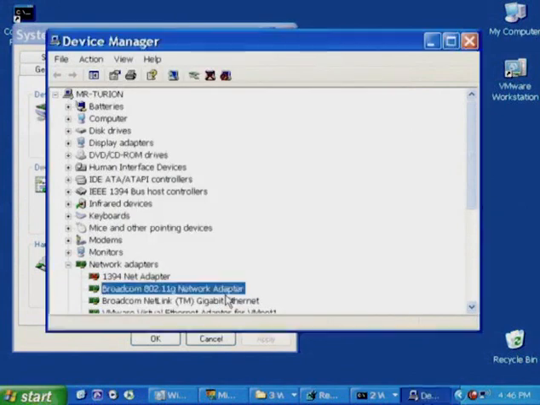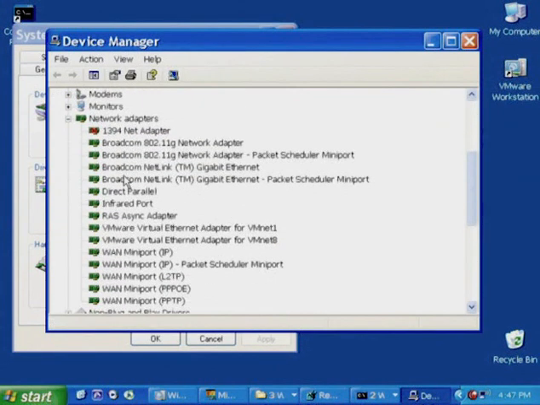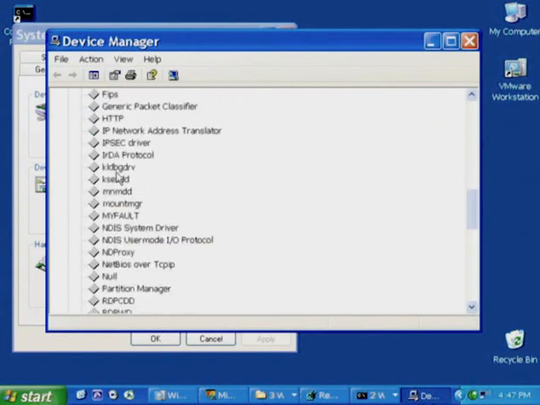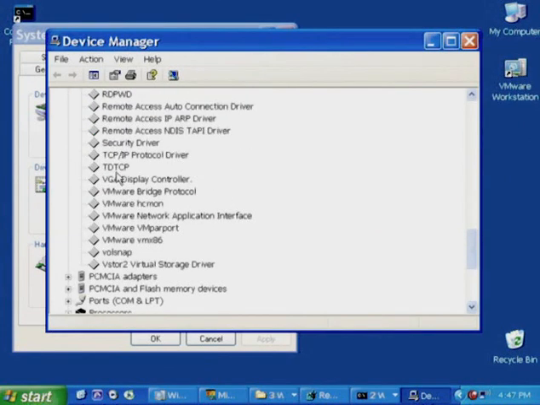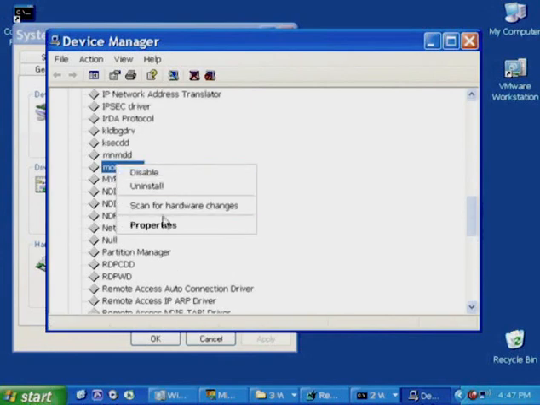and so that's what you want to pick. Now, certain types of device drivers don't show up in this list because Device Manager by default will only show you Plug and Play related or hardware-related device drivers. To see those other types of drivers that aren't related to Plug and Play devices that could still be responsible for problems during the boot process, go to the View menu and select Show Hidden Devices. And what you get is a new node that appears called Non-Plug and Play Drivers. Open up that node and you'll see the entries for device drivers that don't have any associated physical hardware. For example, the Windows Mount Manager.